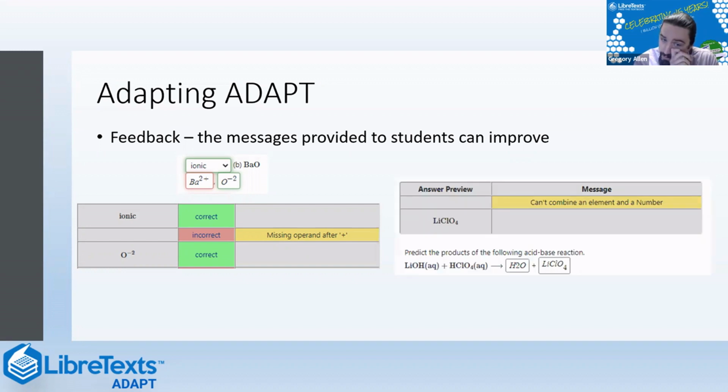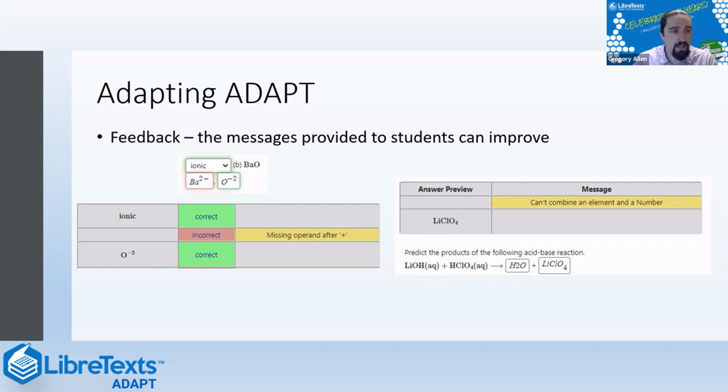And as we think even further, here I have an example where students are writing a chemical reaction. And I talked about this briefly, but these values need to be subscripts. So if you see in the LiClO4, that 4 is a subscript, where in H2O, that 2 is a large number, not a subscript. And if you look in the answer preview, it says can't combine an element and a number. I think to a student, this is a challenging message and something that we can revise and really give more